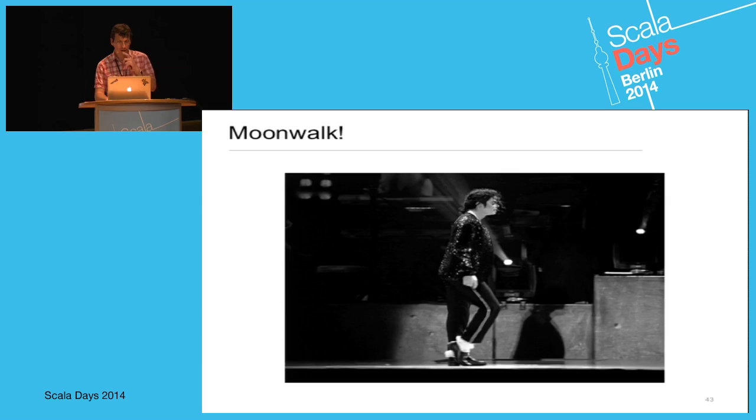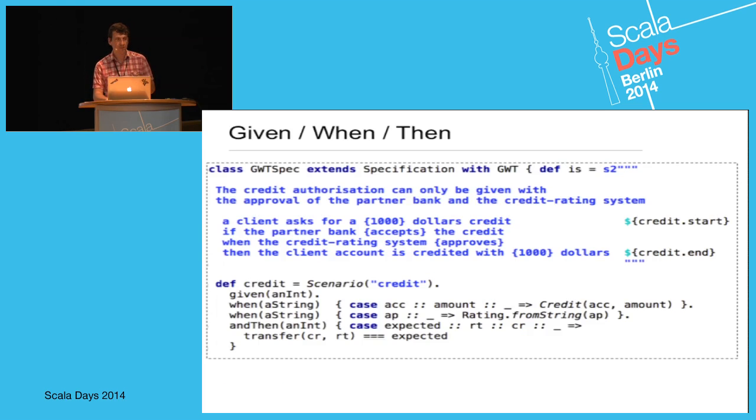One thing you can do with specs2 is to use the given when then style. I'm not going to spend too much time on this because I've never been convinced of the given when then style. That's one way of doing it, and it is a bit crazy because it's keeping all sorts of mutable states behind the covers. It's trying to be compile-time checked, so all of these things need to have the right type to be used there. So that's using shapeless HLists here. So there's a way to do this, but what I want to add, and then when you run it, you